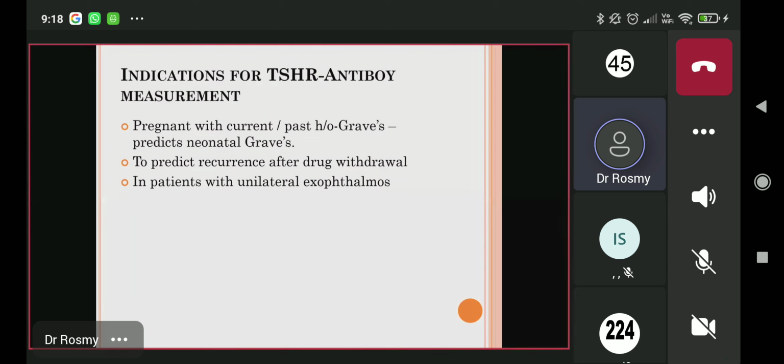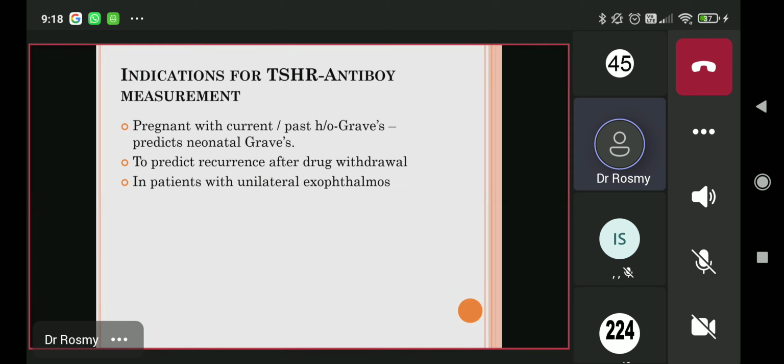And in Graves disease, after you institute the treatment, you want to see कि अब कोई improvement हुआ कि नहीं, or if the patient is attaining remission or not. Improvement के लिए you will do TFT, but has the disease progressed or is it improving? So उसके लिए you will get a TSH receptor antibody.